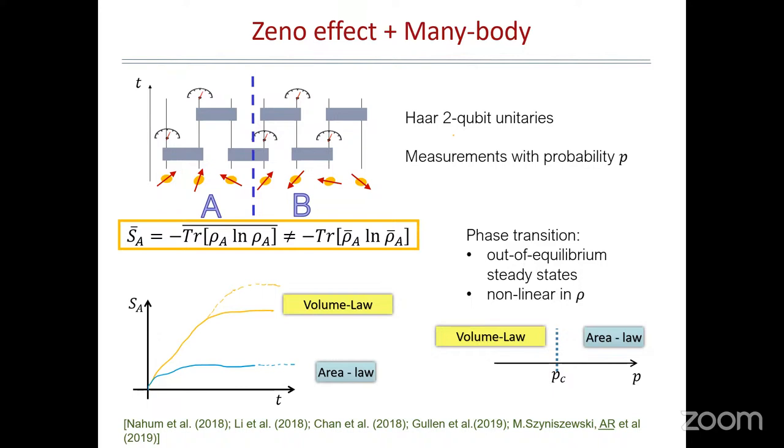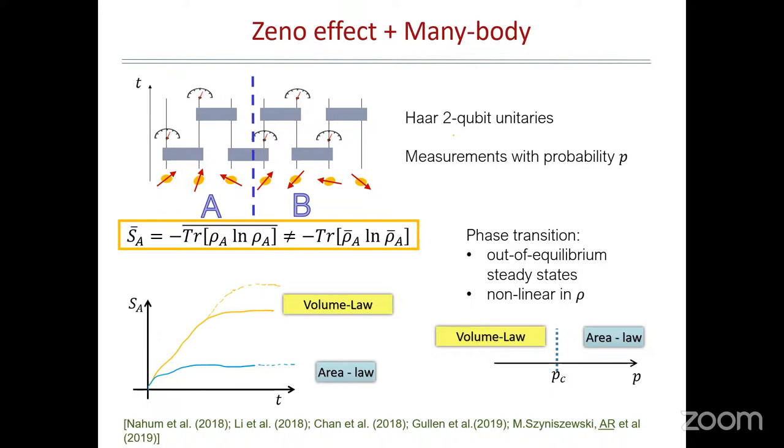You measure every site every time, which means that after each layer of measurement, the system will be in a product state of spin up and spin down. It will be randomly up or down, but nonetheless, there will be no entanglement. So the system is completely unentangled. What is extremely interesting is what happens in between these regimes. This is a general phase transition, that's what you see depicted here. In one regime you have the volume law, in the other regime you have the area law.